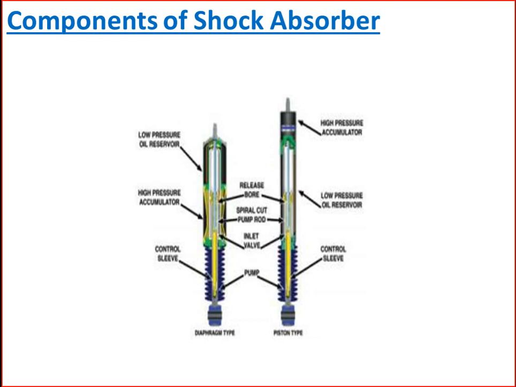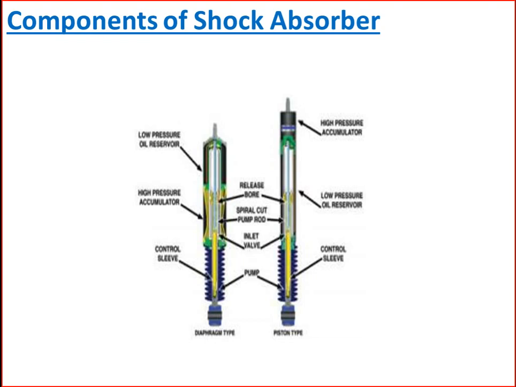Some other small parts of a car shock absorber include the oil seal. The oil seal helps to prevent the oil inside the shock absorber from leaking out while working. It also prevents contamination from entering the tube. Oil guide: this is an oil passage to ensure the smooth working of the absorber. Next component is the rod guide. The rod guide gives the piston and rod smooth movement.